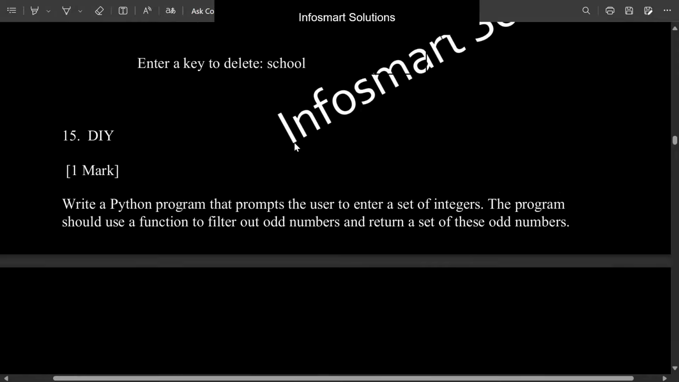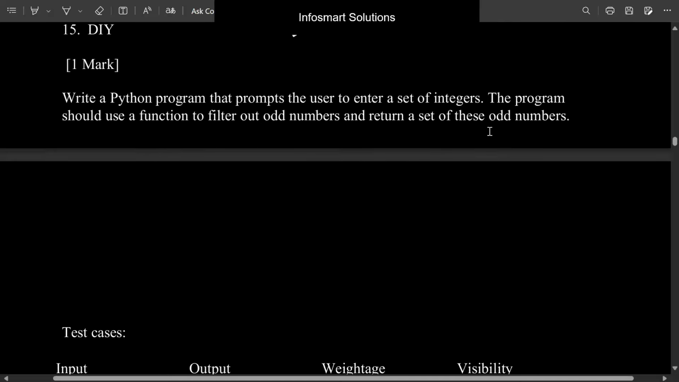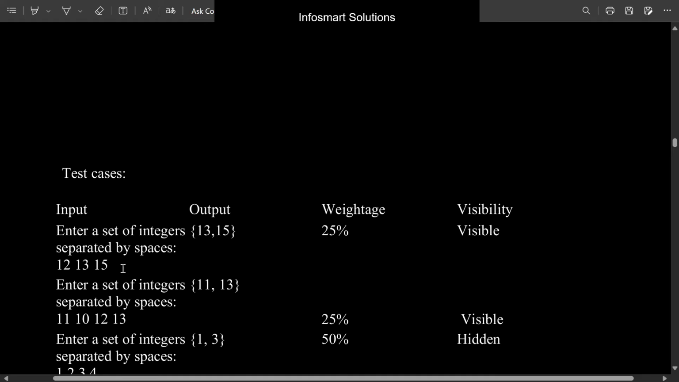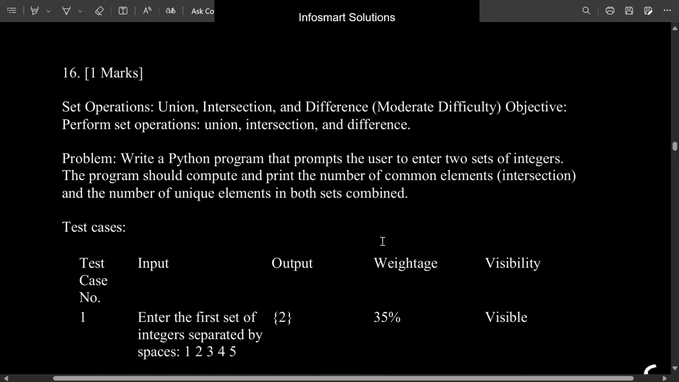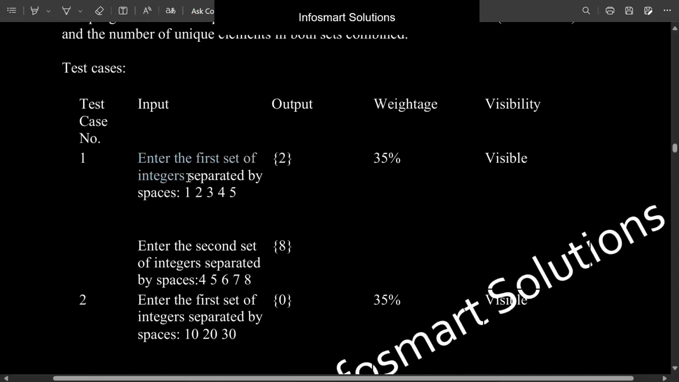The next question, you can do it yourself. You just need to filter out the odd numbers and return the set. Let us move on to the 16th question, which is to write a Python program that prompts the user to enter two sets of integers. The program should compute and print the number of common elements, that is intersection, and the number of unique elements in both sets combined. So for this, we need to input first set of integers, a second set of integers,